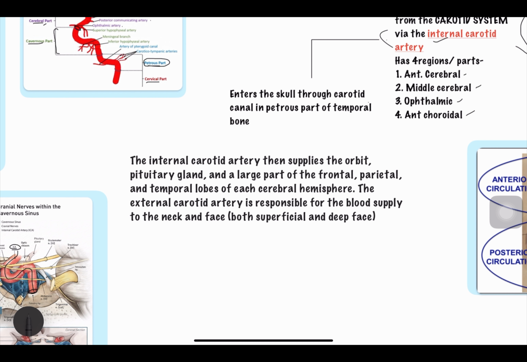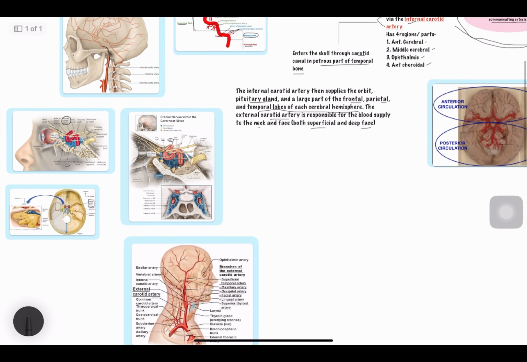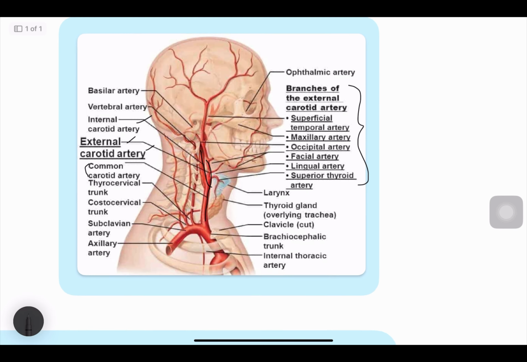So it enters the skull through the carotid canal in the petrous part of the temporal bone, and the internal carotid artery supplies the orbit, pituitary gland, and the frontal, parietal, and temporal lobes of the cerebral hemisphere. The external carotid artery is responsible for the blood supply to the superficial and the deep muscles of the face and the neck. In this picture we can see the common carotid artery, which bifurcates into the external carotid artery and the internal carotid artery. And these are the branches of the external carotid artery which supply the superficial and the deep regions of the